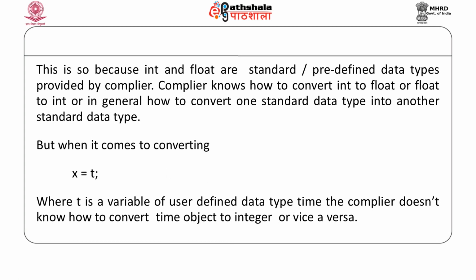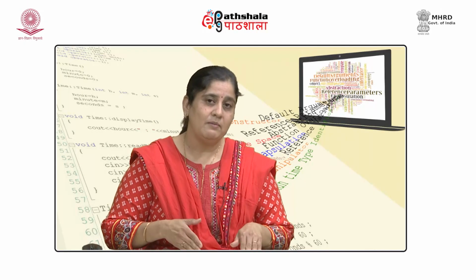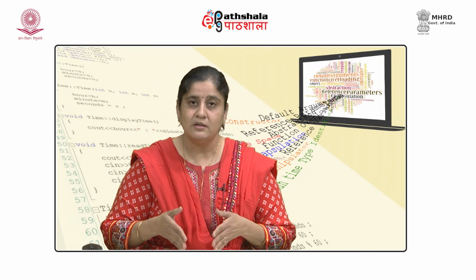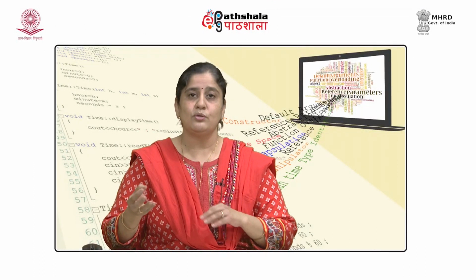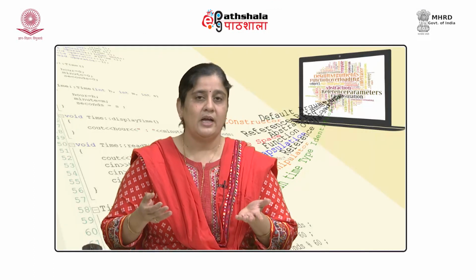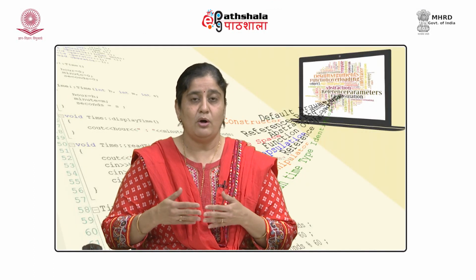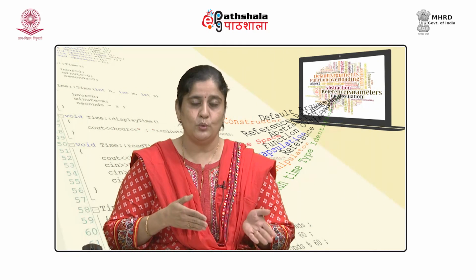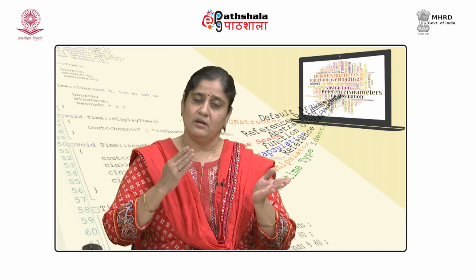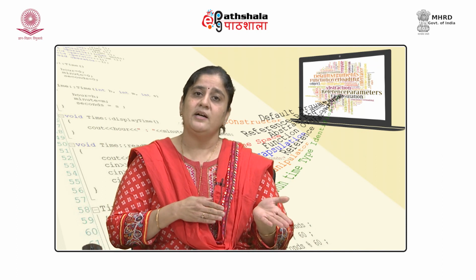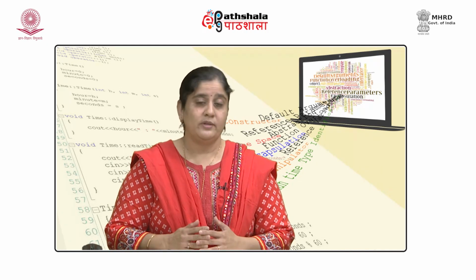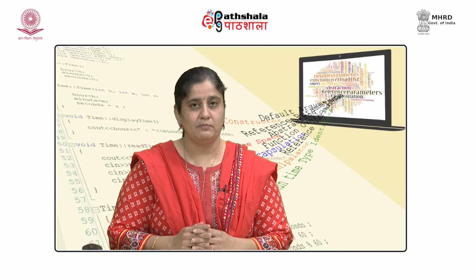So, if I can define different kinds of classes, different kinds of objects, I may define an object of time class, I may define an object of matrix class, I may define an object of student class. When I try to assign these objects to a variable of another data type, implicit conversion is not possible, because the compiler does not know how this object is to be converted to another data type, or another data type is to be converted to an object in what fashion. So, therefore, this is not possible.